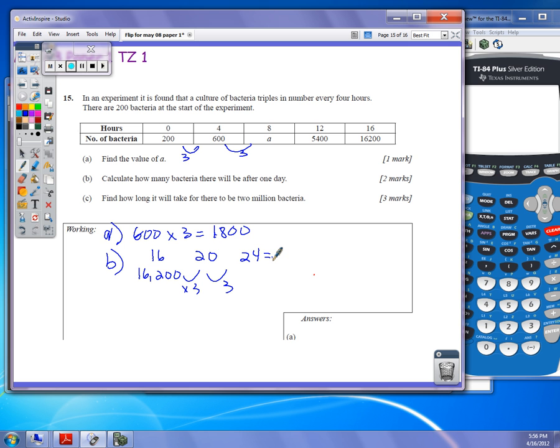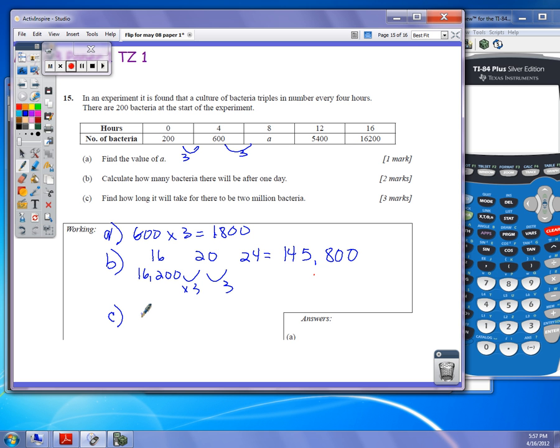So just putting that in your calculator, after 24 hours or 1 day, there will be 145,800. Now, by this time, you've figured out that this is an exponential function, and you remember that exponential functions